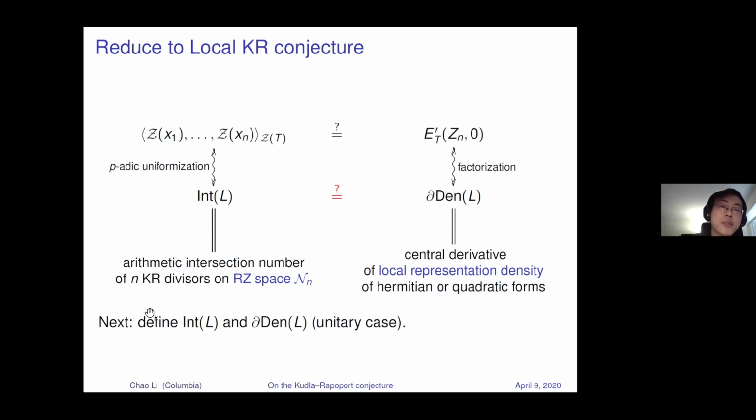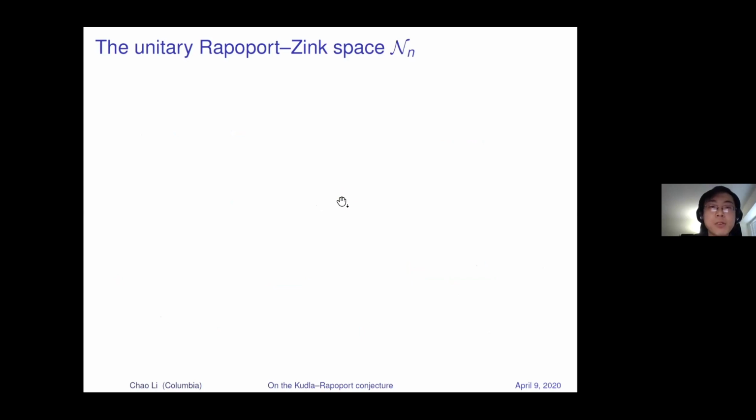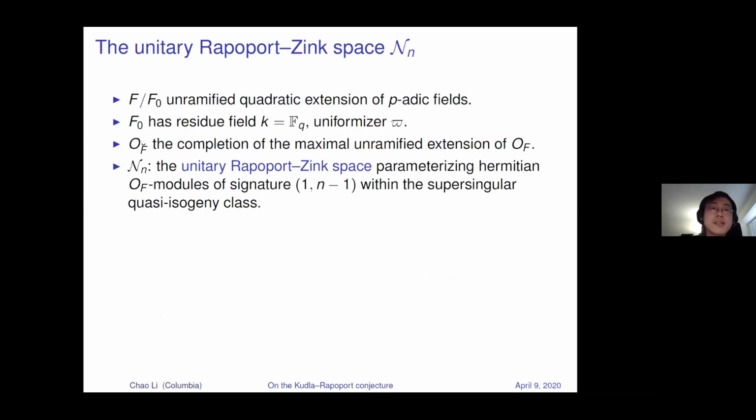Okay, so next, I'm going to define for you those quantities in a unitary case, which is simpler to explain. Okay, and the goal is to prove this local identity. Okay, so let me remind you of this unitary Rapoport-Zink space. Okay, so here's the standard local notation, and fix F over F0 a ramified quadratic extension of p-adic fields, where the base field has residue field, a finite field of size q. This uniformizer denoted by curly pi, and O_F-breve forever will be the completion of the maximal unramified extension of O_F,